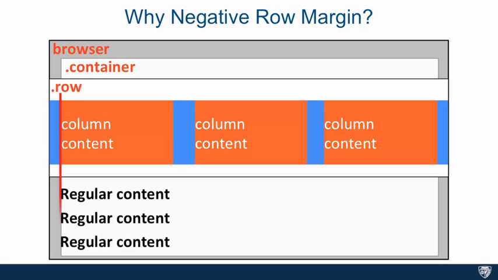Well, what it does is now that our column content aligns perfectly with the regular content that is outside of our grid, but is still inside the container wrapper. Now, the concept of aligning the different edges of content blocks to each other is nothing new, and any good website actually does that. In fact, if you ever look at a website and